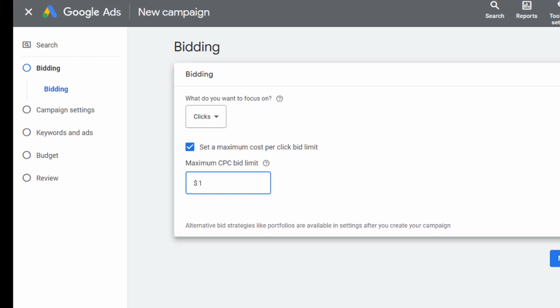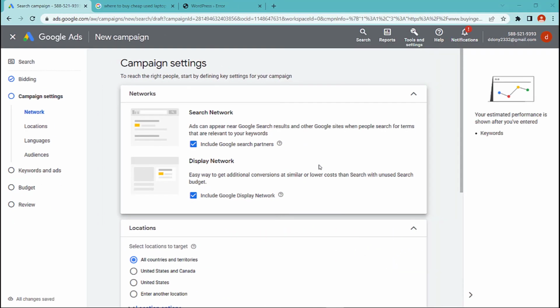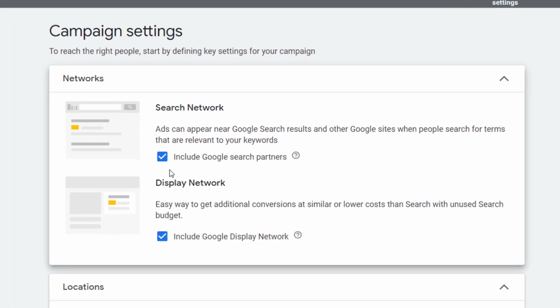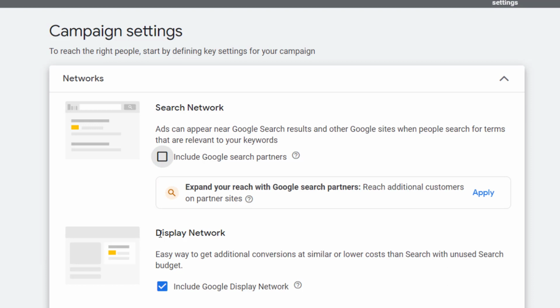Then click next. This is an important part to actually make sure all your settings are set up correctly. What we are going to do is turn this off and turn this off.